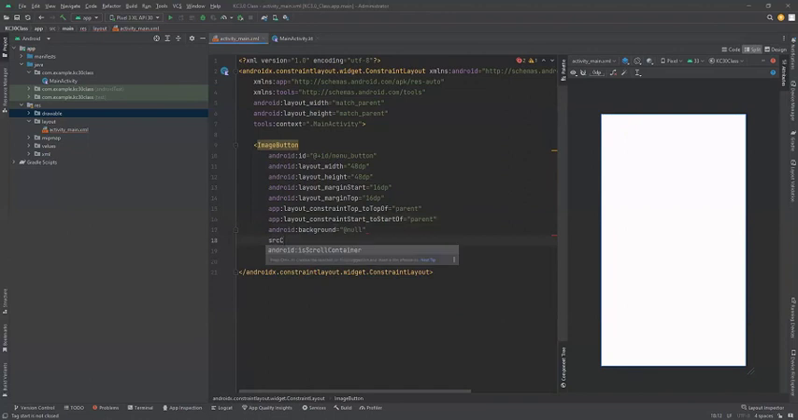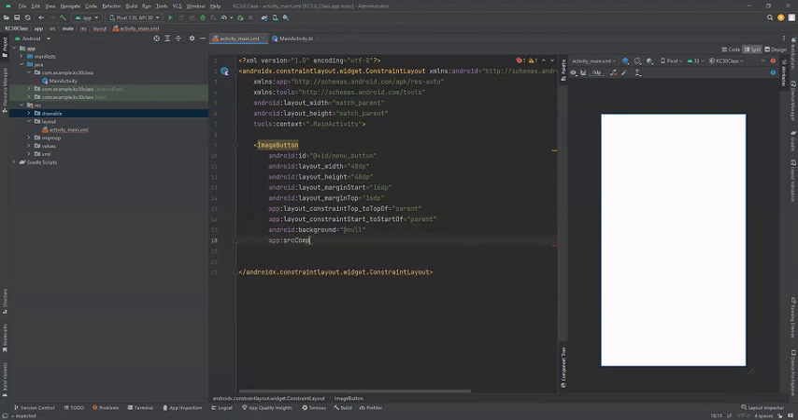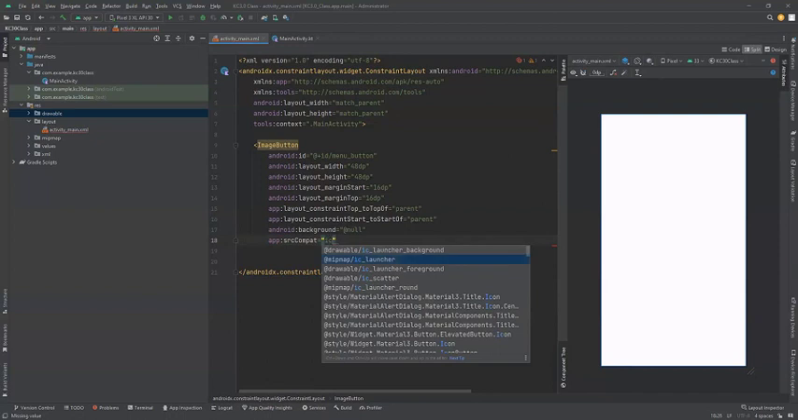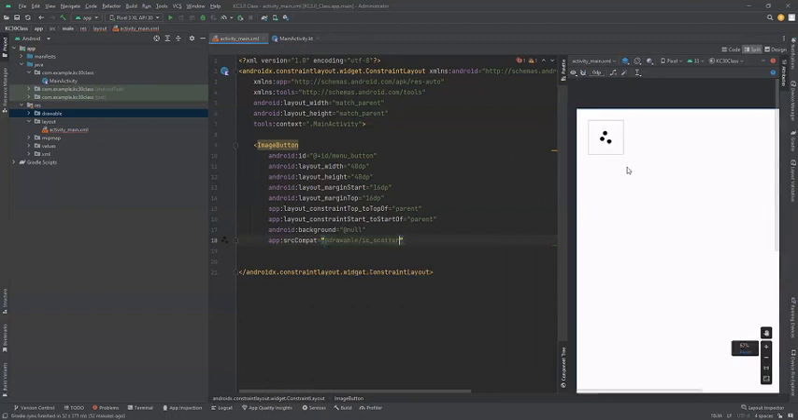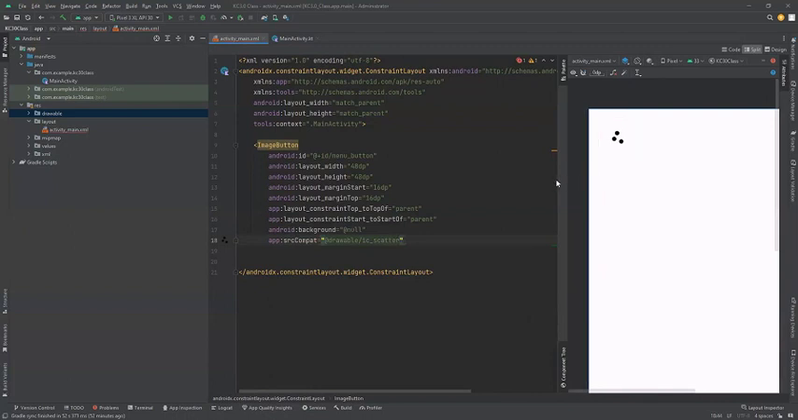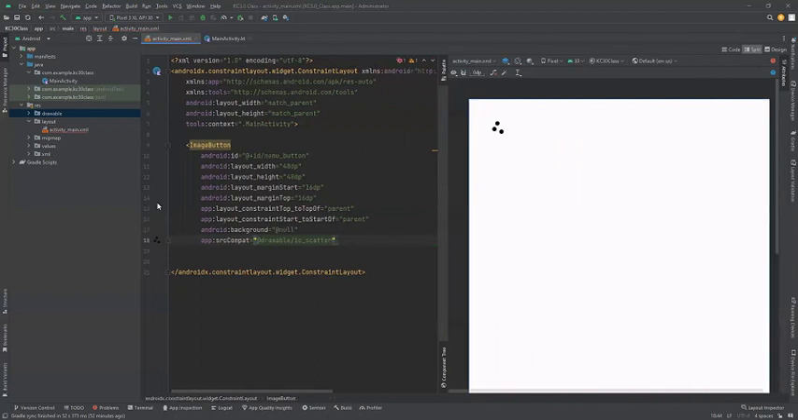I think I'd want to use the app:srcCompat, right? Okay, so I'll get the IC icon. Okay, so you have that. Let me probably just zoom in a bit so you can see it. Let's close this out a bit. Right. Okay, so